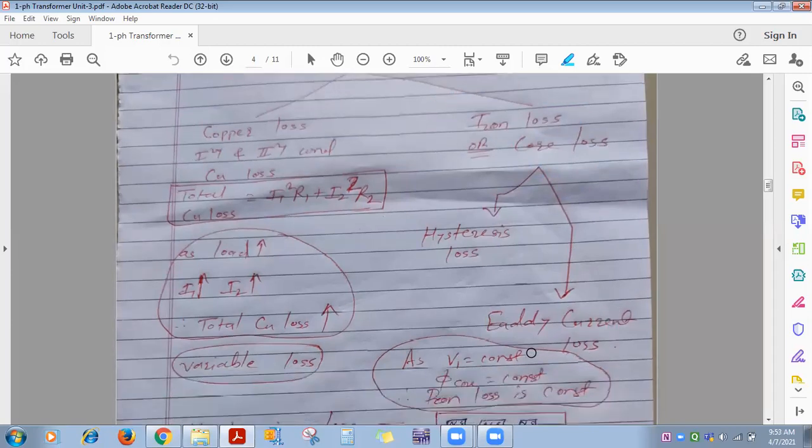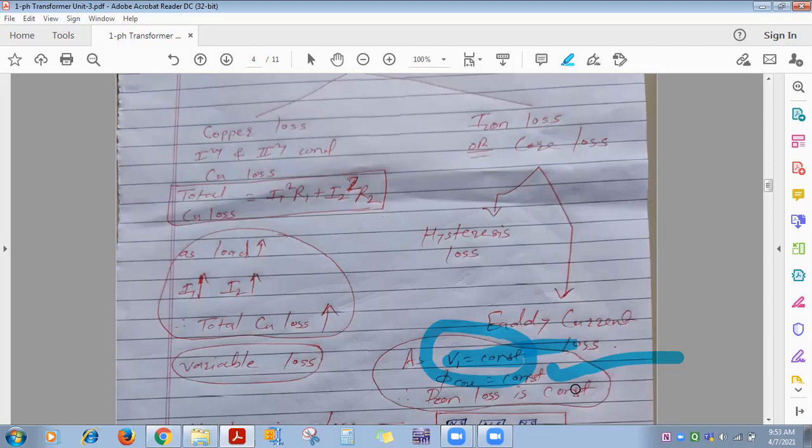Now I told you everywhere input voltage to transformer is always constant. And if input voltage is constant, then flux in the core always remains constant. Why it remains constant? Very soon I will explain to you. You go on changing load on transformer from no load to full load, but flux in the core always remains constant. Why? Because V1 is always constant. V1 you change, flux will change, but V1 practically no one changes. So V1 is always constant, and that's why flux in the core always remains constant, although you go on changing load on primary, no load to full load.